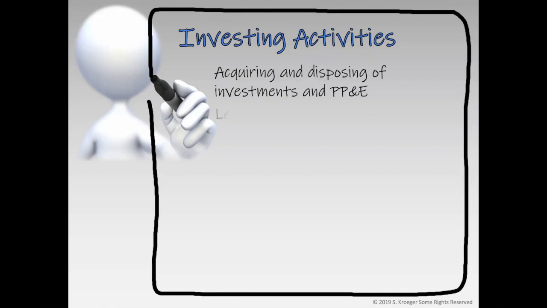This video will explain how to prepare the investing activities section of the statement of cash flows. The investing section includes investments. Acquiring certain assets is an investment. If you bought a house to live in, isn't that an investment? Same thing with companies. When they buy property, equipment, and land, they are making investments, even if these items are